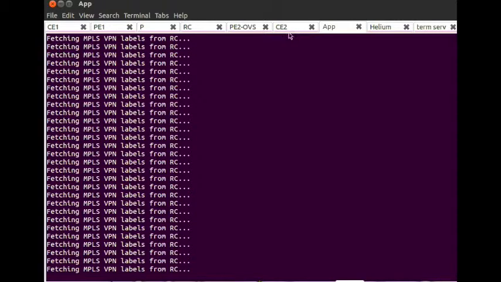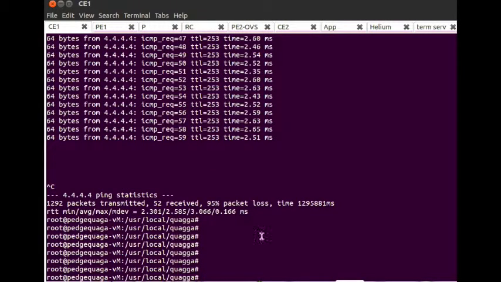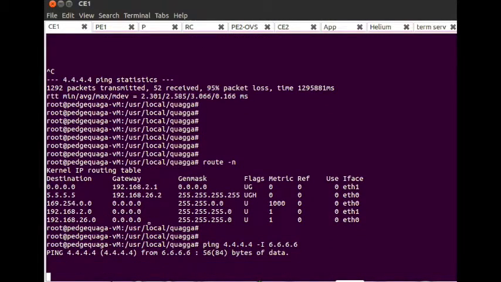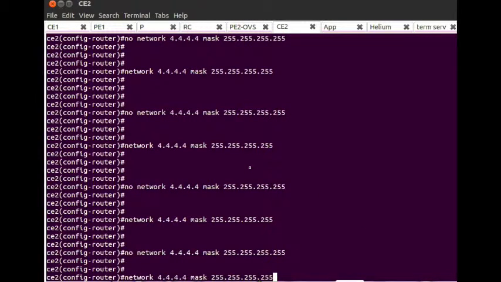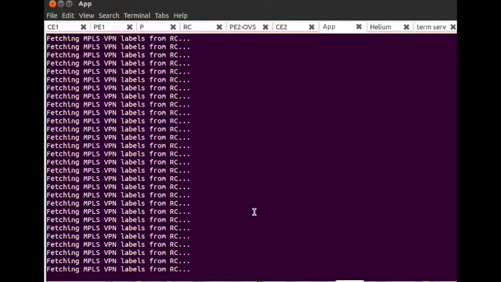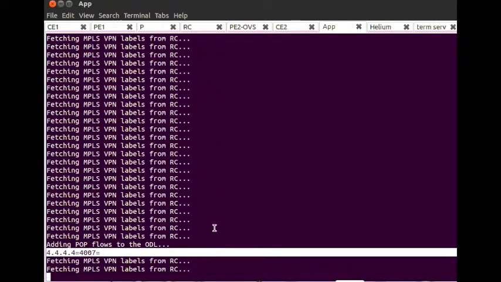So what we'll try to do as a part of the demo is that the CE1, which is emulated as a Quagga engine here, we will see that there is no initial network of 4.4.4.4. So when we try to initiate a ping, the packet flow doesn't happen. Now we'll go into the CE2 and start advertising the network 4.4.4.4 into the system. Once we start advertising, we can see that the application, which is looking for any network changes in the system, has seen that the network 4.4.4.4 has been added and added 4007 as an